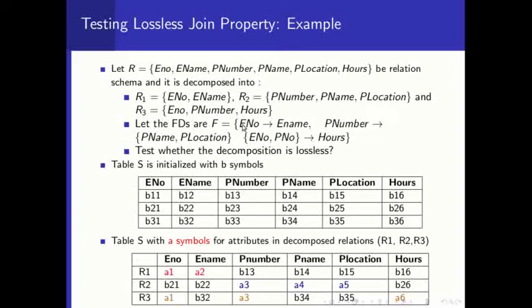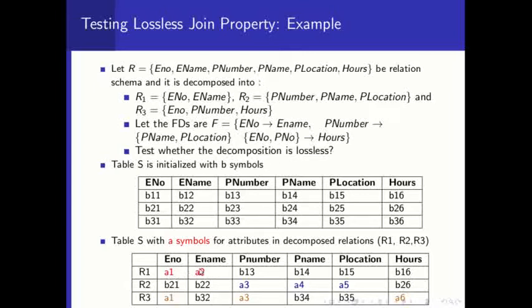Now corresponding to the FDs, you have to replace some of the B symbols too. For example, E number determines E name. This is the first FD. You can see that E number is the first attribute, A1. When you check the rows, there are two rows having the same A value, that is A1. Now what does the algorithm say? Here these are the X values where the A symbol is present. Two rows have the same A value. Now what is to be done? Then corresponding to the Y, which is E name, the FD is E number determines E name.